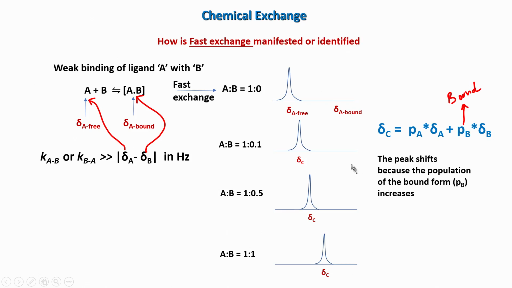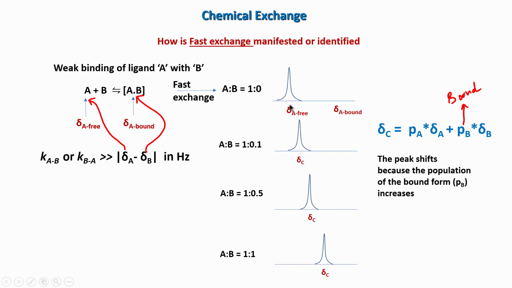This is exactly what I was saying. One thing to remember again is that this depends on the field strength. What I call fast can become slow if I go to a higher field. Suppose this is done at 300 megahertz and I go to 900 megahertz, 3 times bigger in field strength, then this may not appear like this, it may become like the previous case of slow exchange. This is point 1, and the second, again repeating, is that A and B,